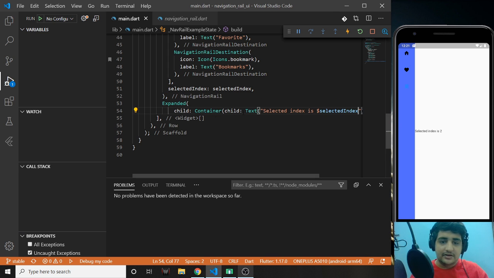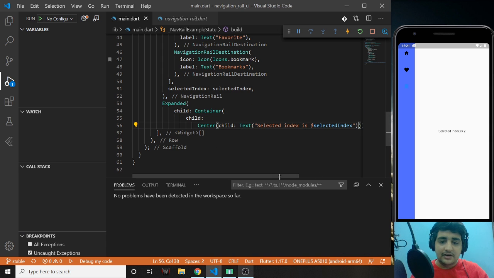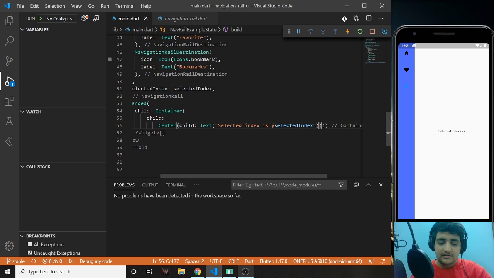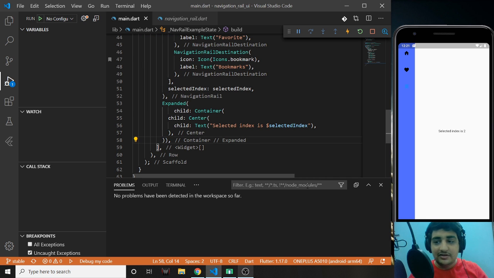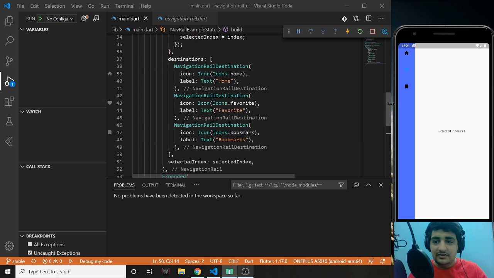So it is showing selected index. Let's just enter it as well. So this looks nice and clean. I like it pretty, so I use the plugin called Prettier to auto format the code. Just a tip if you like to format the code. So our basic navigation is now running. As you can see, the navigation 0, 1, 2 has been shown here. So this is the basic navigation bar.